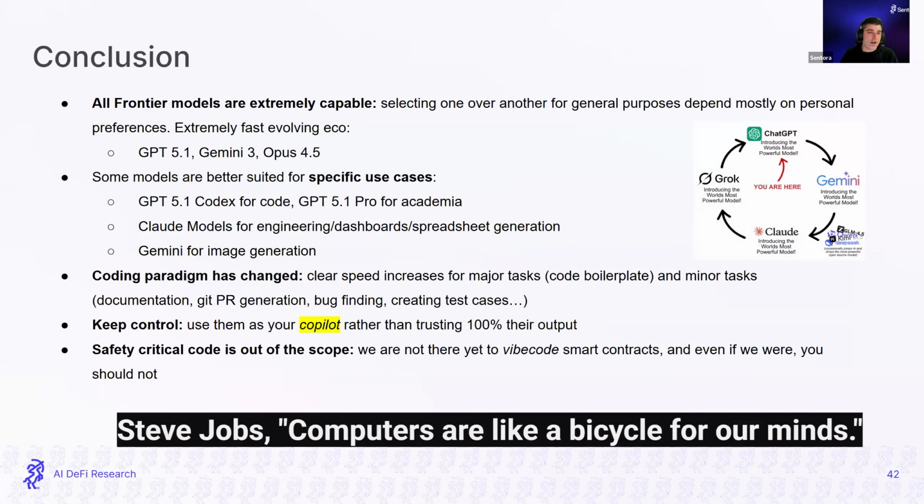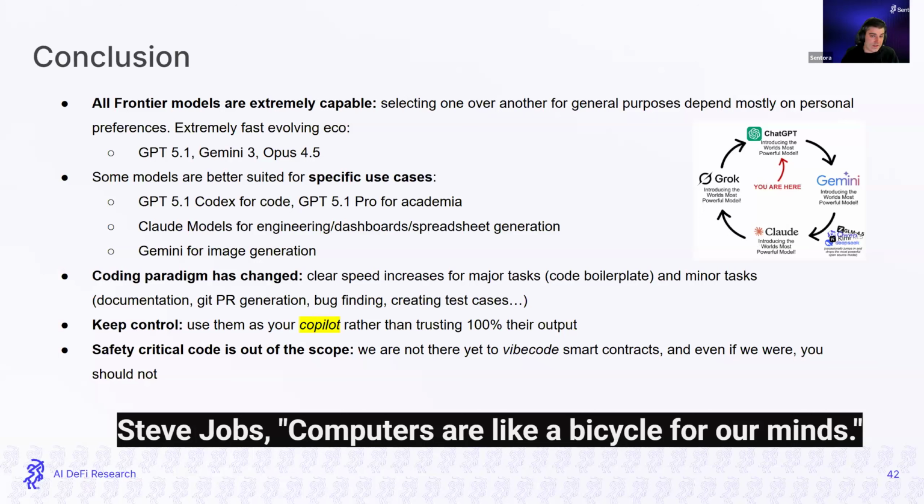So the key takeaways will be, first, that there is no model that is superior to the others. Over the last months, we have seen how it really depends on preferences because all the frontier models are extremely capable. GPT 5.1, Opus 4.5, Gemini 3, all of them are benchmarking really high. There is this meme where one company is releasing the best model all the time. Supposedly now we are with Claude Opus 4.5, and it's a matter of time before someone launches a more capable model. But any of these three, it's been shocking how good they are.